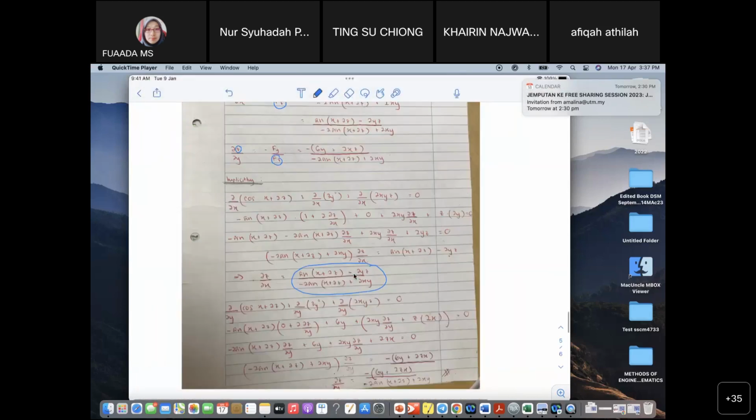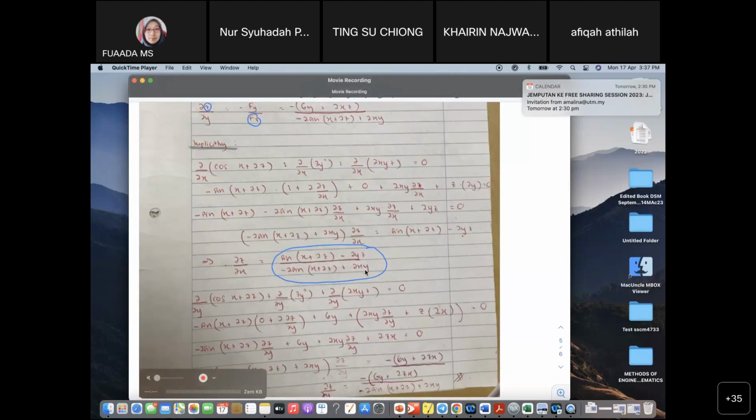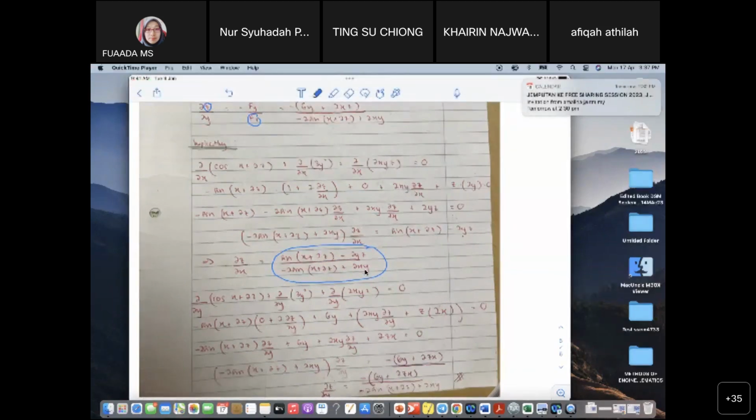So ni jawapan dia lah. So kalau you nak tengok, you can snapshot. Sebab saya tak bincang dalam kelas ni, saya takkan tunjuk lah. So kalau you nak jawapan dan soalan, you boleh screenshot. Okay, ni contoh kenapa saya galakkan awak gunakan formula. Sebab dalam exam dia tak mention use the formula to find the implicit derivative. No, we just ask you find the